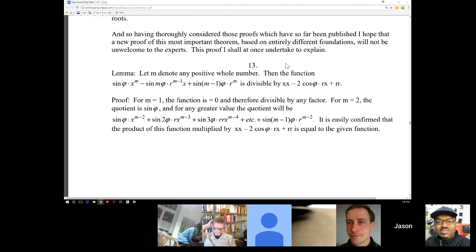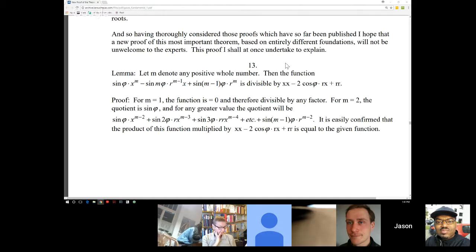A lemma. Let m denote any positive whole number, then the function sine phi multiplied with x to the power of m, minus sine m phi multiplied with r to the power of m minus 1 multiplied with x, plus the sine of, in brackets, m minus 1 times phi multiplied with r to the power of m, is divisible by x squared minus 2 cosine phi multiplied with r times x plus r squared. The proof: